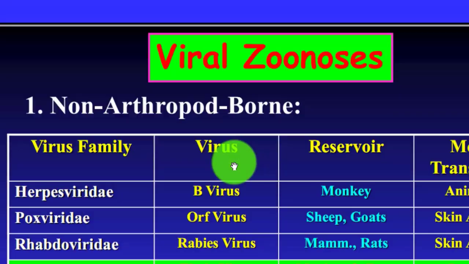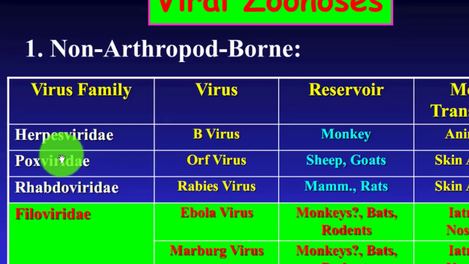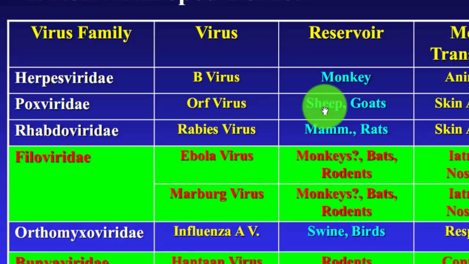Viral zoonoses, non-arthropod borne: Herpesviridae, B virus, reservoir monkey, mode of transmission animal bites. Here is the virus family, the reservoir, and the mode of transmission. Poxvirus, reservoir sheep and goat, mode of transmission skin abrasion. Rhabdoviridae, rabies virus,